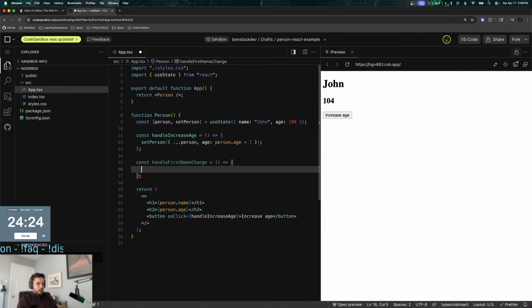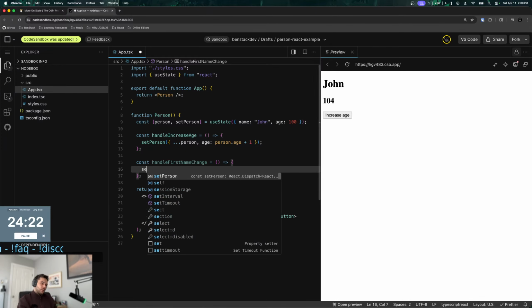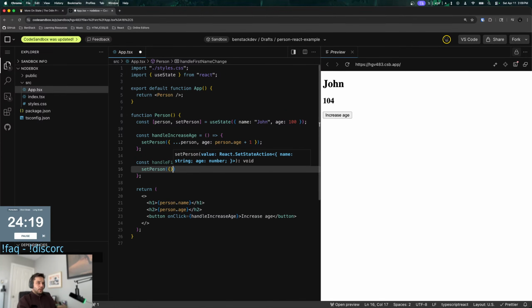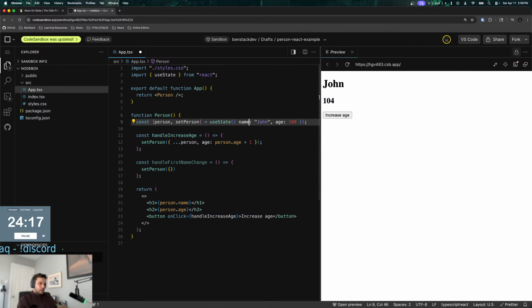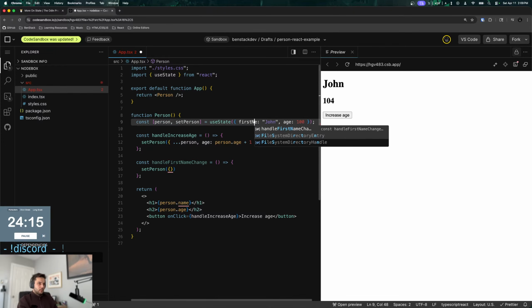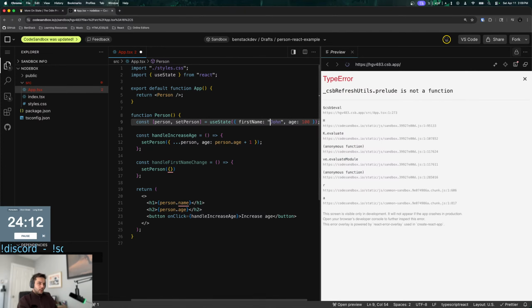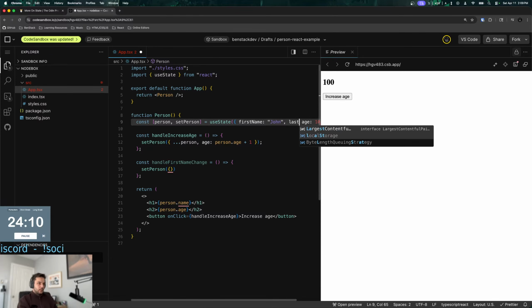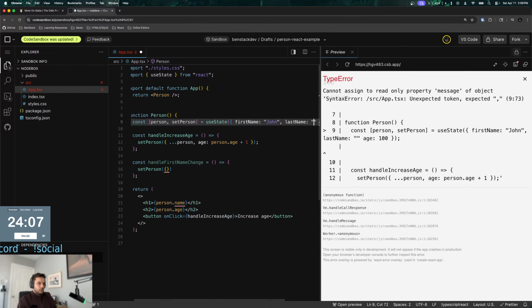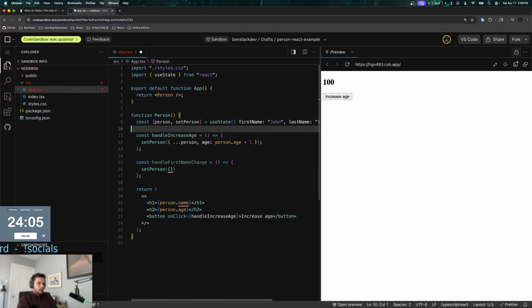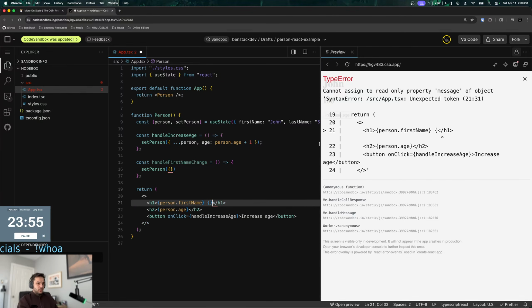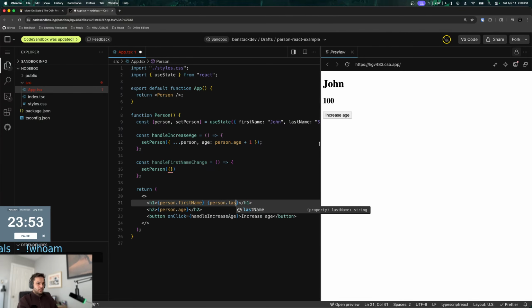And then we'll do set person to be, oh, and then I need to refactor, right? So I'll say first name, and then last name, I'll do Smith. And then for the H1, I'll do person.firstName, and then a space, and then person.lastName. Okay, that's good.